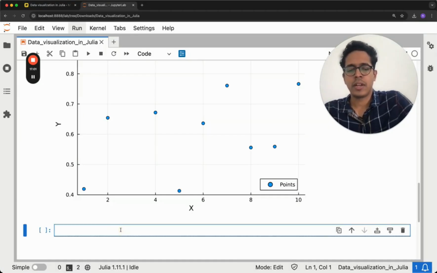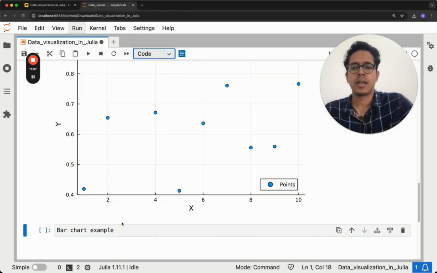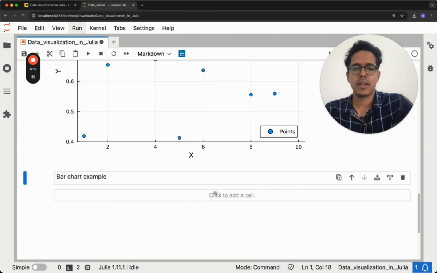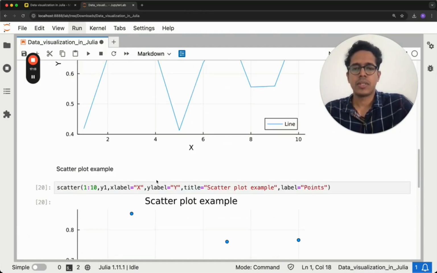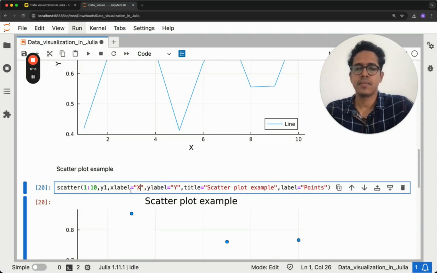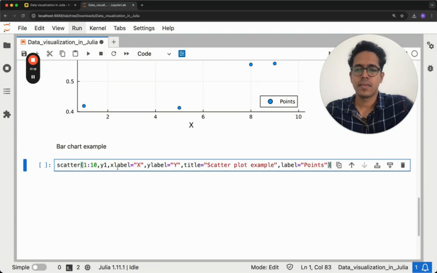Fairly straightforward. So let me write here bar chart example, and this is a markdown. Run that. Now what I'll do is copy this part, and this will be bar, and here what we could do is 1 to 10. Instead of 1 to 10, maybe this could be 1 to 3. So 1, 2, 3, and actually this should be y values. X values can be non-integers, right? So I'll put this as the y, and x could be, let's say,